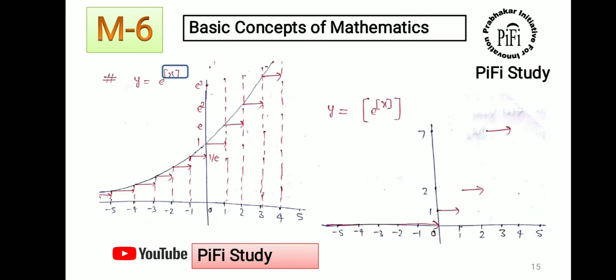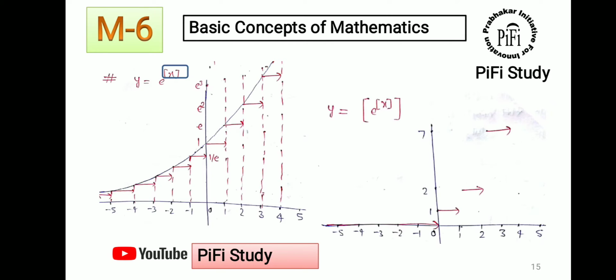So on the x axis divide the x axis on unit number or in integer number like 0 to 1, 1 to 2, 2 to 3, 4, 5, 6, and then check for the value of 1 where you are getting unity, for 2 where you are getting unities. In similar case you can get the graph for this question, y is equal to e to the power greatest integer x, but you have to take the graph of whole